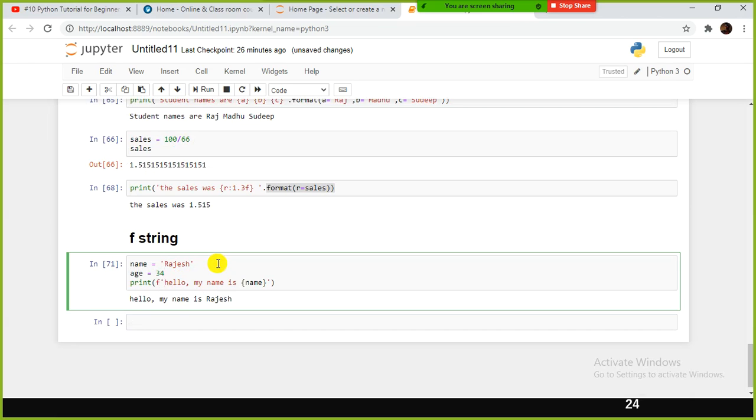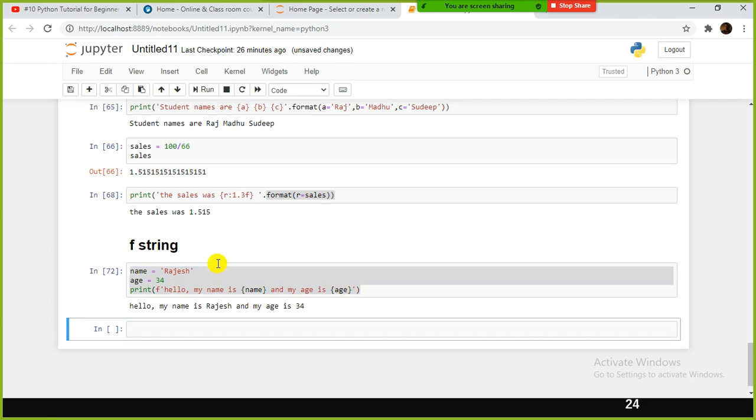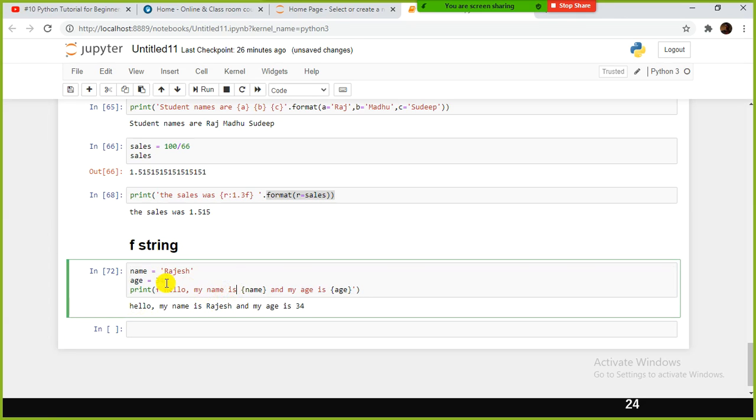So in that case, what I can do is, my name is Rajesh, and my age is something like, here you give the age, that's all. You can specify multiple. You can specify string with the integer also, float also you can specify. The only thing is, here you need to prefix with f, that's all. Okay. This is an alternative to that one.